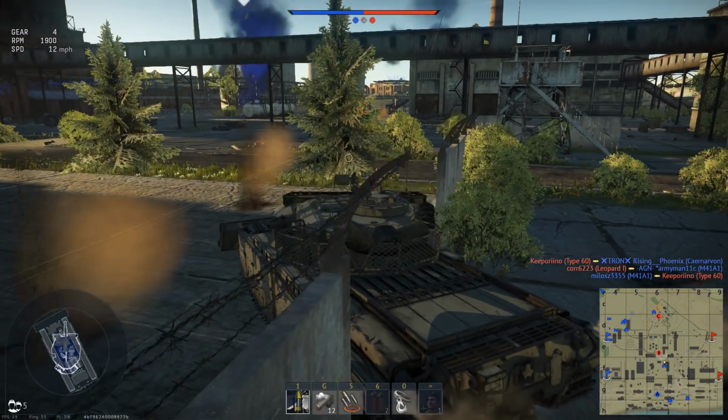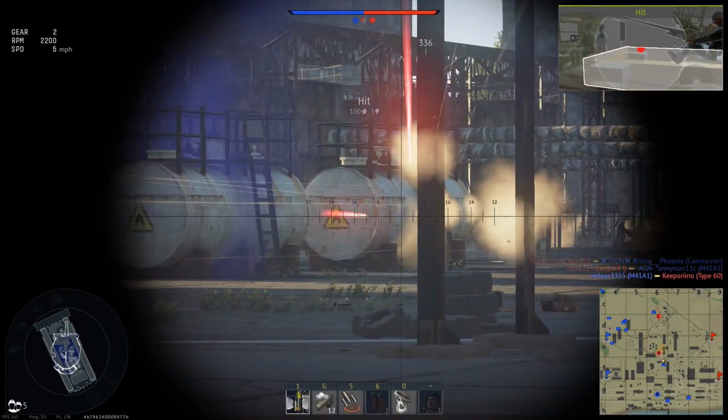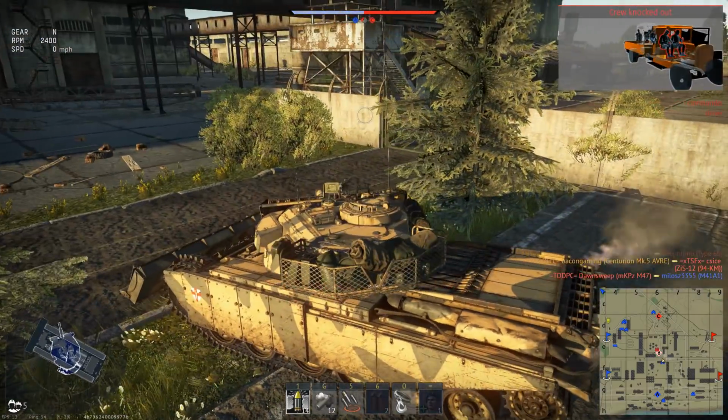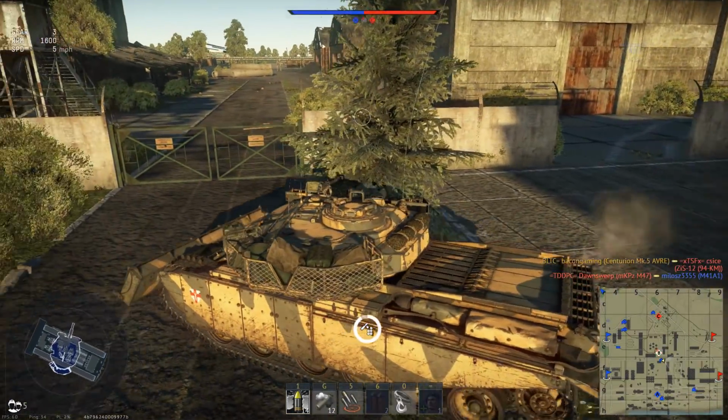Oh, looks like there's a little flak truck there, so we can probably take him out with machine guns. Fire machine guns, come on. There we go, took him out with the machine guns, so no need to use that gun. The gun would be effective due to the amount of explosives, but there's no point using it on a small